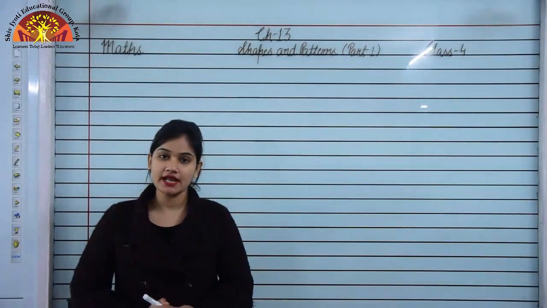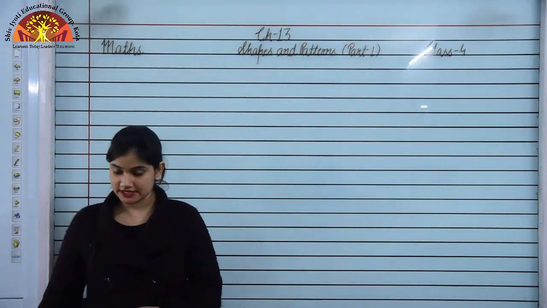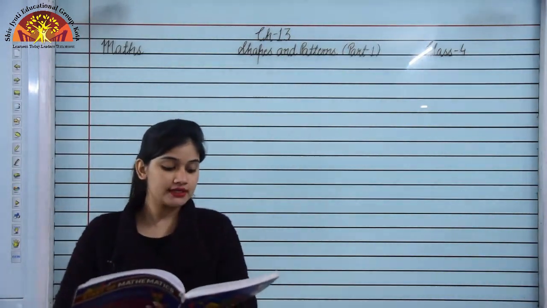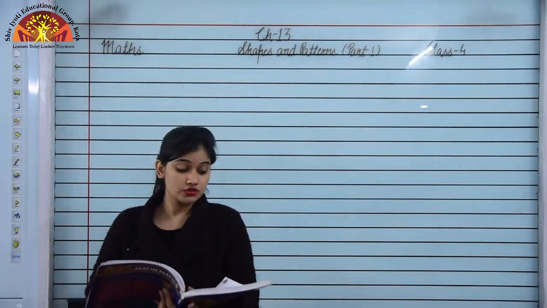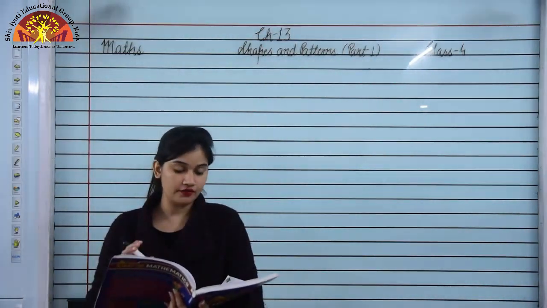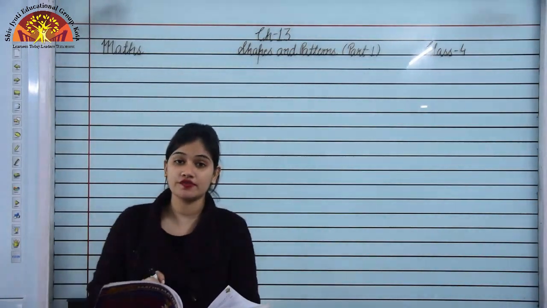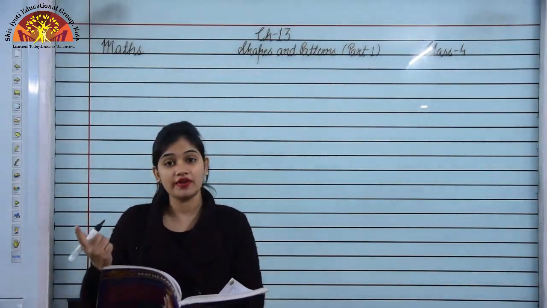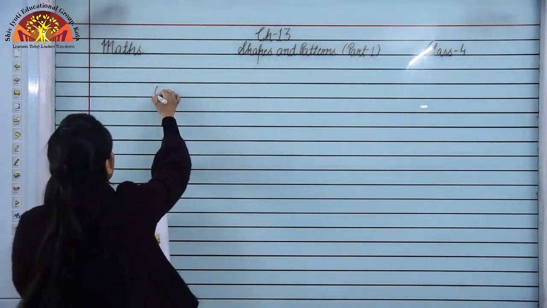So now we'll take the next question of exercise 13.1. So open page number 166 in your book and we are taking question number 3. Find the diameter of the circle whose radius is given below. So now students, in this question we have the radius of a circle and we have to find the diameter of a circle. And we have seen how we can find the diameter of the circle when we have the radius in the question. So just have a look here, question number 3.